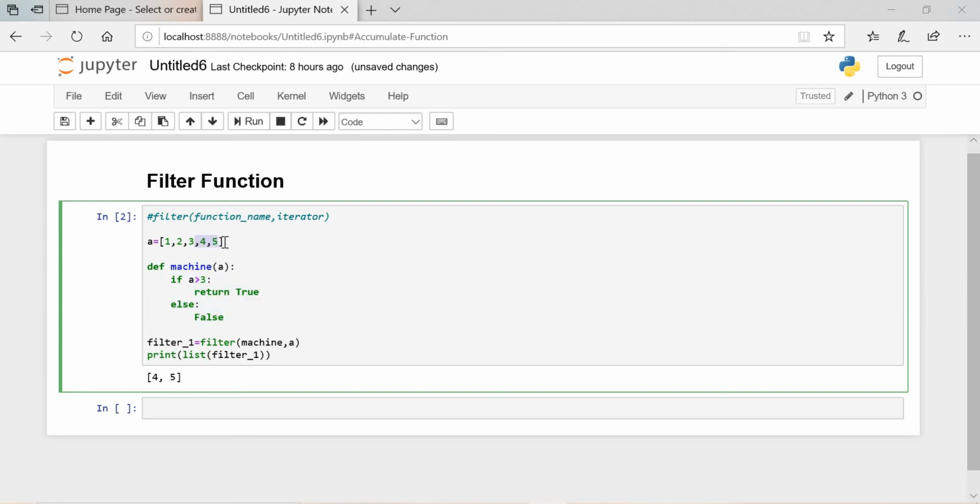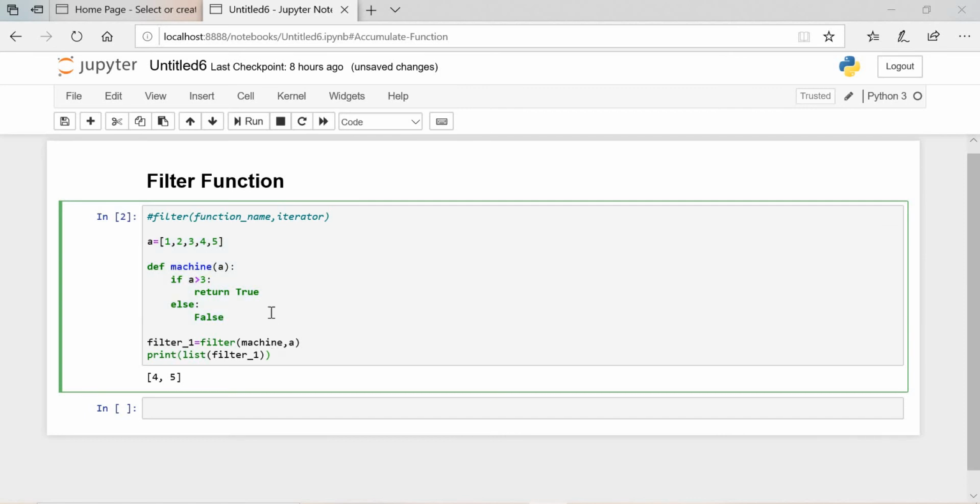Okay, 4 and 5 are the values inside this list. So I need to create a filter function to show those values. It will show true or false, whether values are there inside the list or not, that only it will print up to this condition.